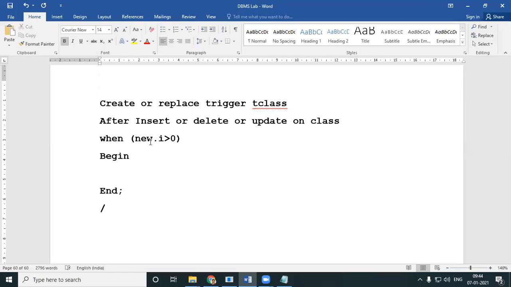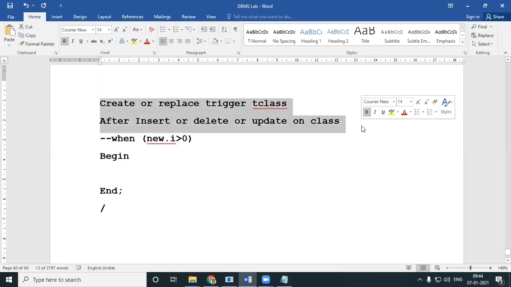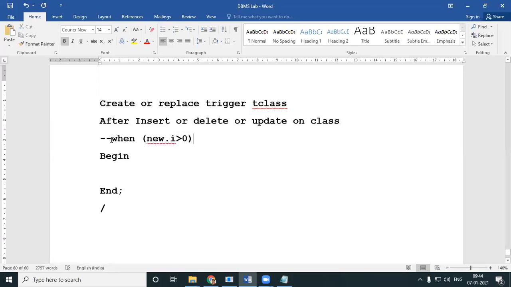This is very much optional; even if you don't give it, it's perfectly fine. These two lines are mandatory. This one is completely optional, which means the new value you enter should be greater than 0.